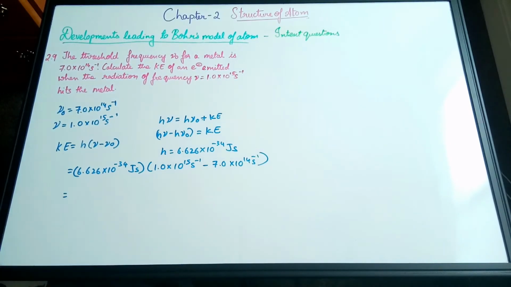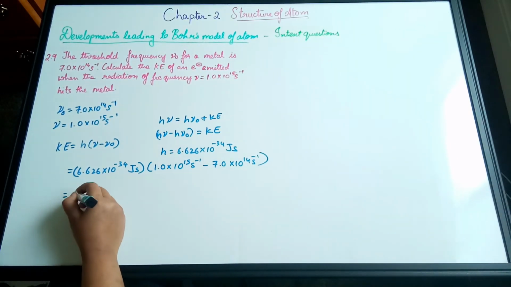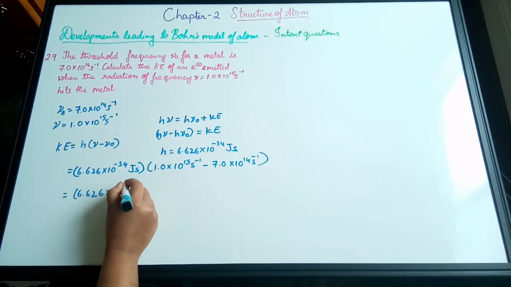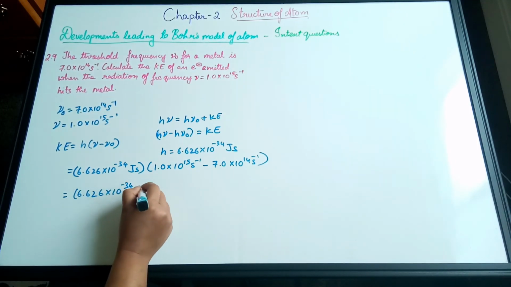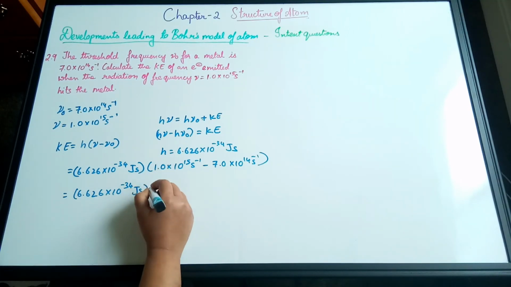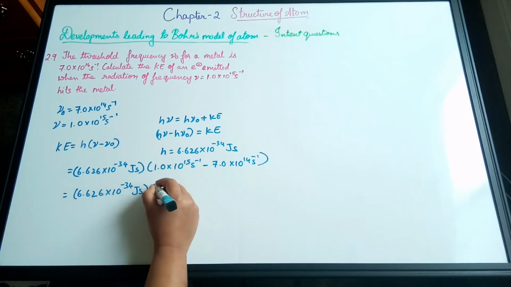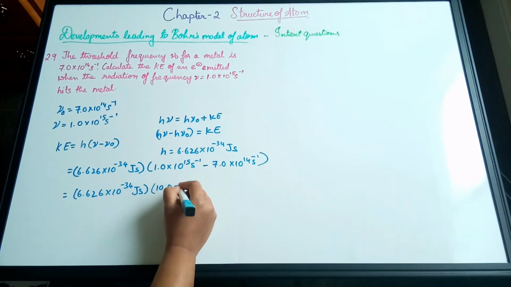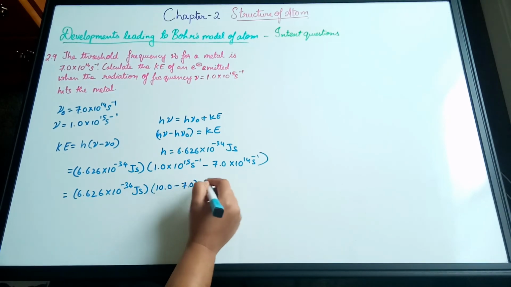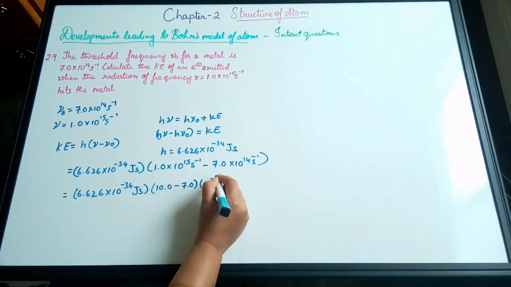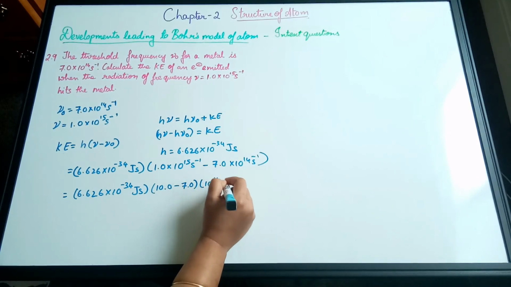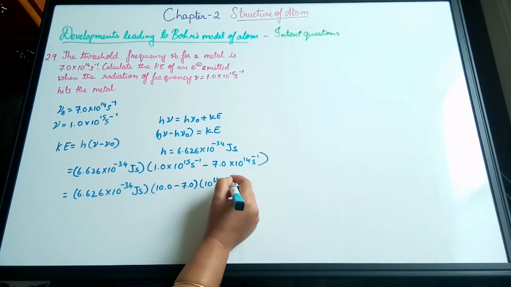So by the rules that we learned about adding and subtracting exponents and scientific notations, we know that we need to convert this into a common power and take it out as a common number. So here you can write it as 10.0 minus 7.0 into 10 to the power 14 second inverse,